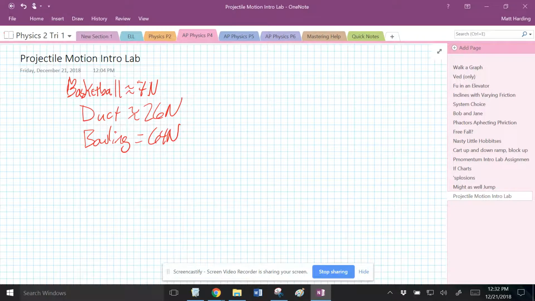And when you look at it through that lens, is this basketball graph any different from this bowling ball graph? Any different from this duct tape ball graph? Is there a difference based on the ball used? Measurement uncertainty would seem to indicate that they're not significantly different, okay? In other words,